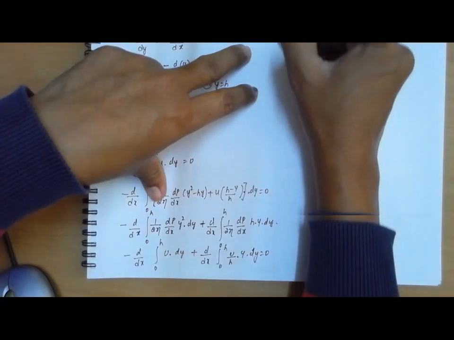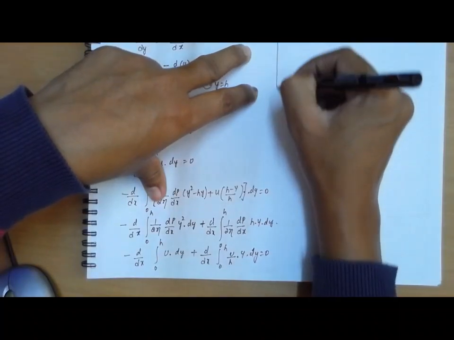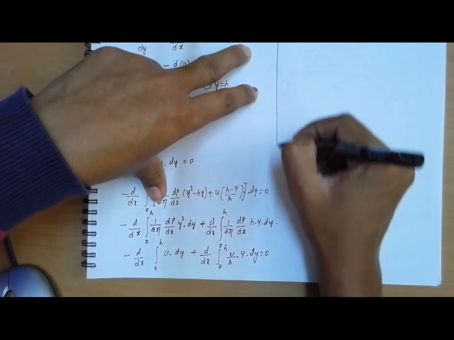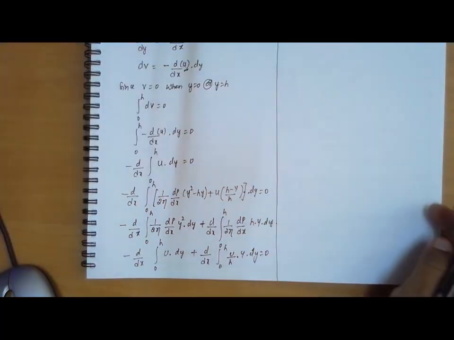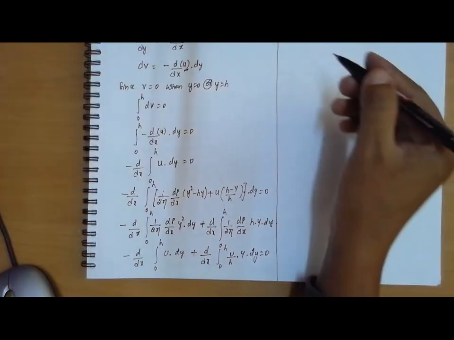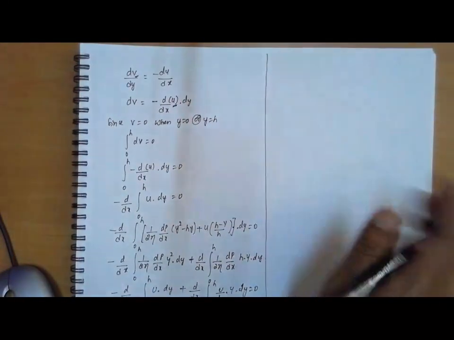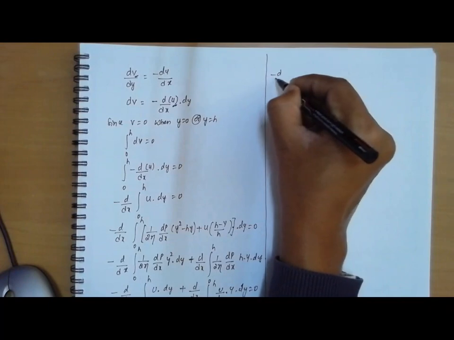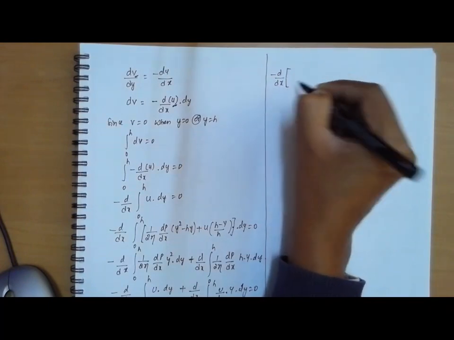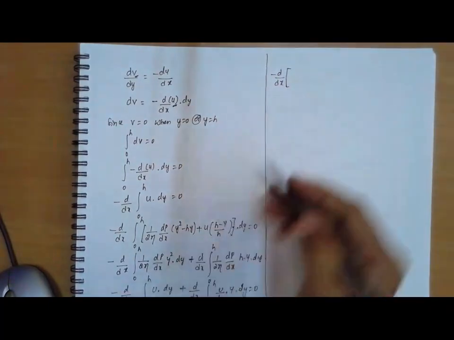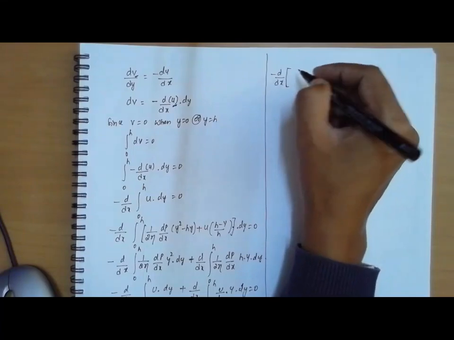So let us simplify this particular function. On simplification, we take this function: minus d by dx. If you take the first function over here, 1 over 2 eta